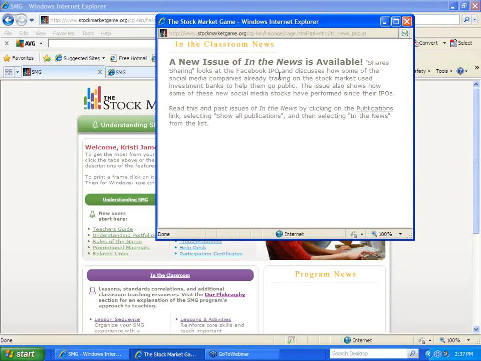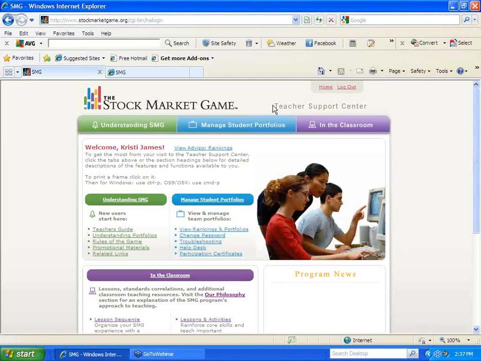This is specifically about the Facebook IPO and social media companies on the stock market, and it'll tell you how you can get to that publication. So I'm going to X out of that, and we are now back at the home page for the